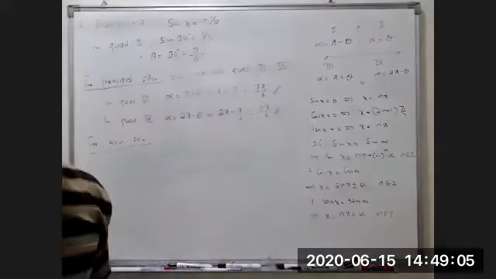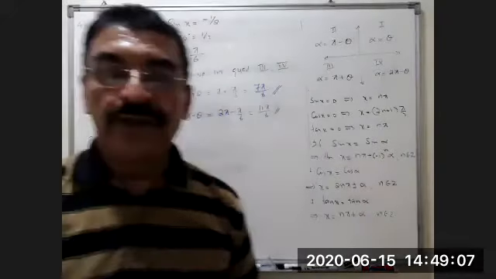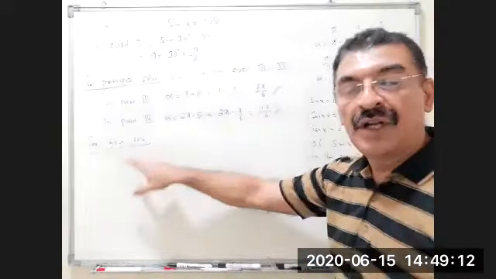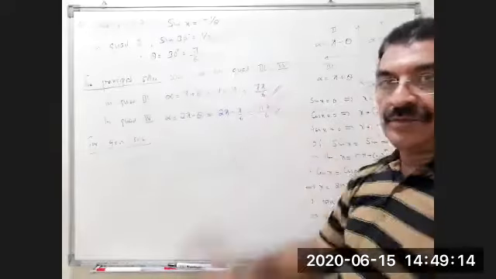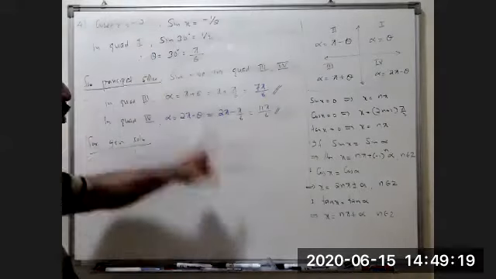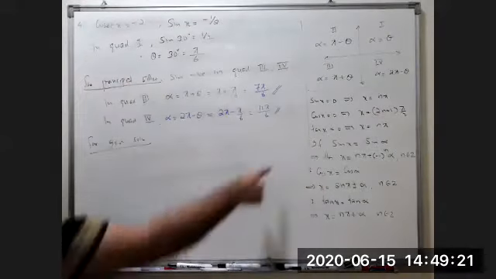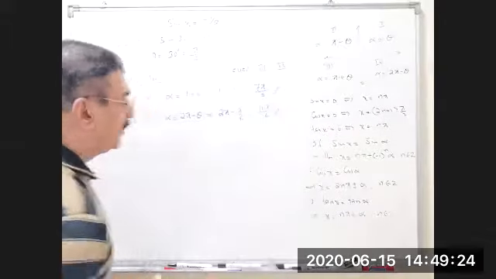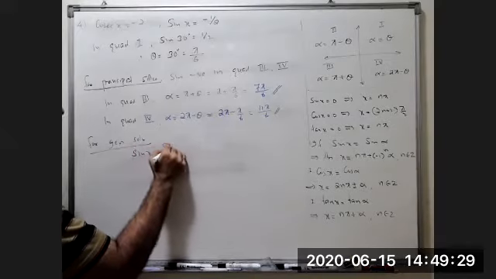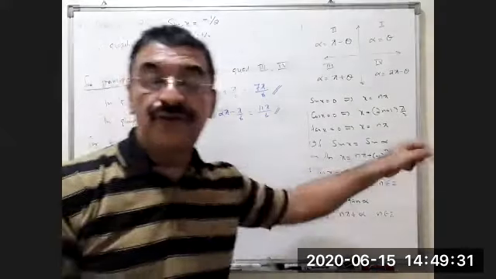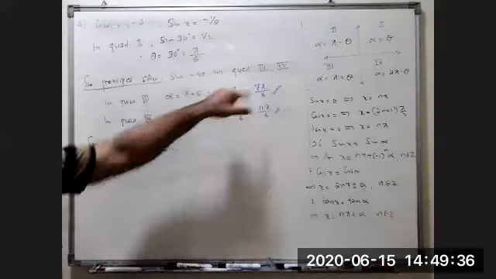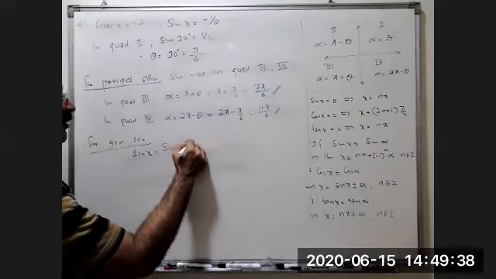In an examination, if only the principal solution is asked, you can stop here. Then write, therefore, the principal solutions are these two. Now, for general solutions in sine, we use the first formula: sin x is equal to sin alpha. Write the formula inside. Here we use sin x is equal to sin alpha, where alpha is the first value of the principal solution, 7 pi by 6. Sin 7 pi by 6